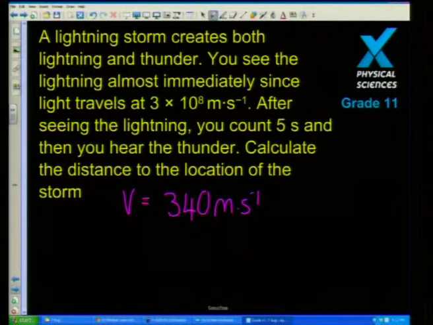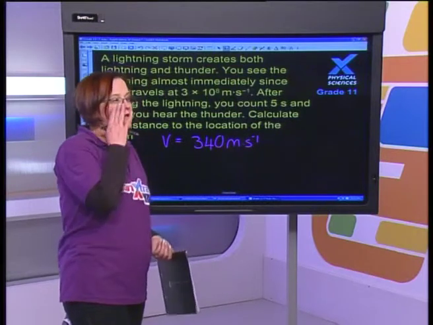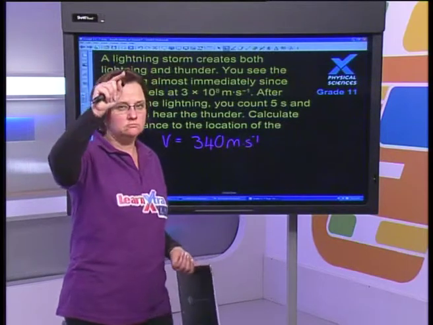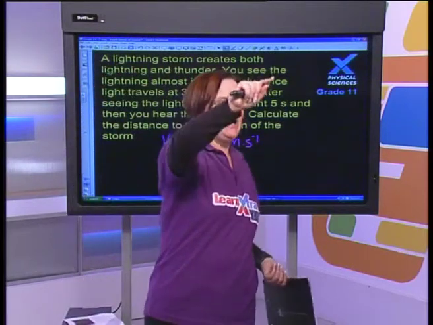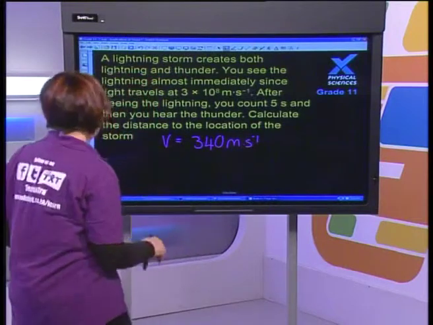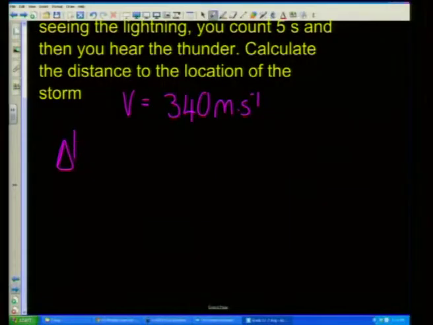340 meters per second. I'm hoping some of you are in your heads going, no, actually, I heard once that for every 3 seconds, the storm's a kilometer away. Okay? So if it's 5 seconds, that's 1.66, so it's about 1.66 kilometers away. Let's see how right you are, because that's the theory, that for every 3 seconds, it's a kilometer away. Okay, so we know velocity, time,